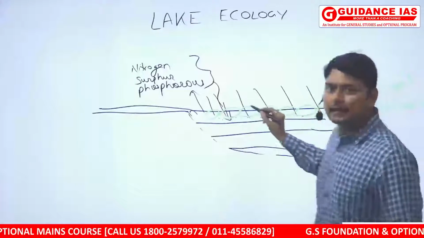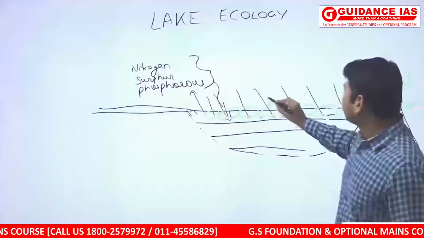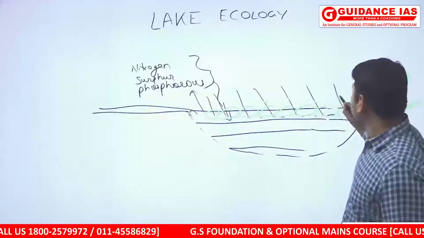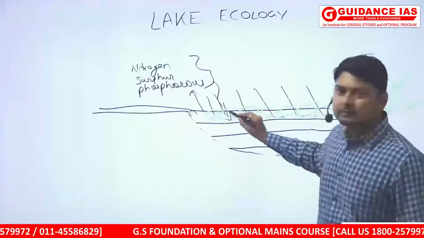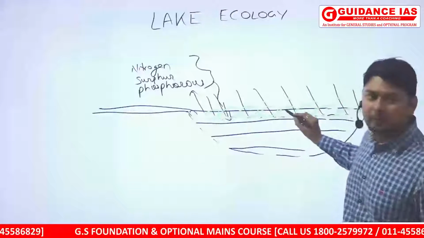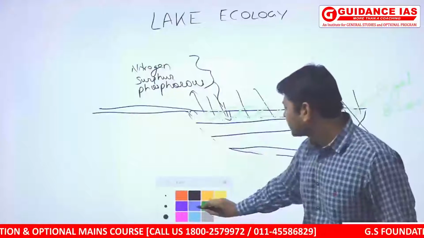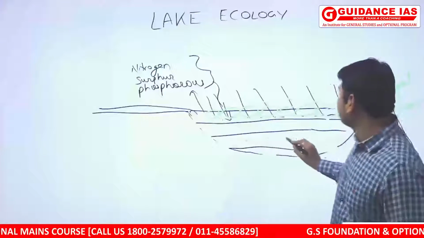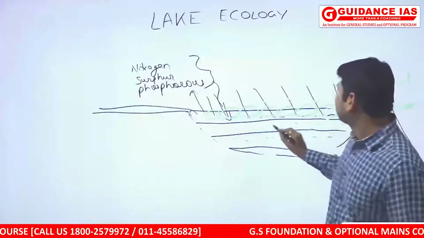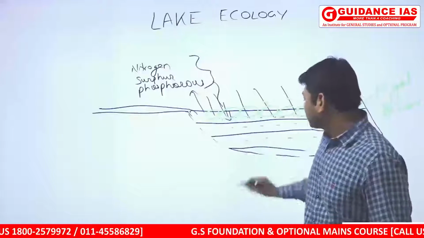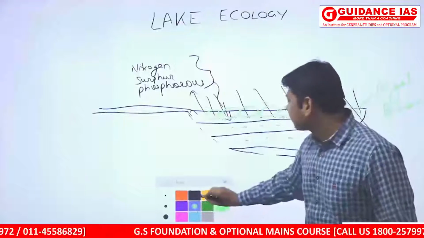Now, because of this algal bloom, the sunlight which was coming gets blocked by this bloom of algae. So the living organisms, fishes, crustaceans, etc., which live below it, start getting less oxygen,